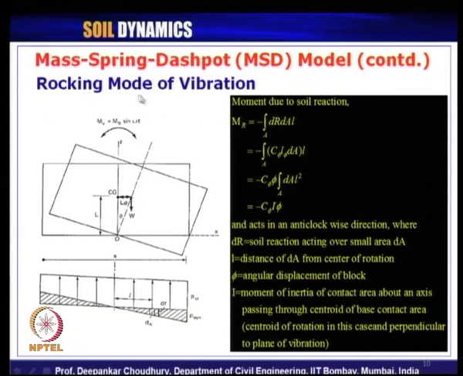Next, we had discussed rocking mode of vibration. For rocking mode of vibration, we had this externally applied rocking moment on the system, which is considered as harmonic: M naught, the amplitude of the moment, times sin omega t. Because of this, at any instant of time the CG of the machine plus foundation system will be displaced from here to here. And suppose the CG is located at a distance L from the base of the footing.